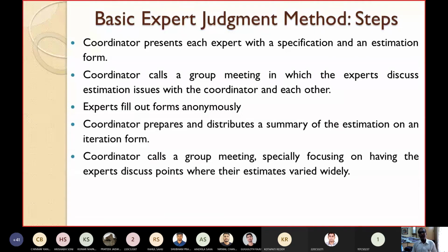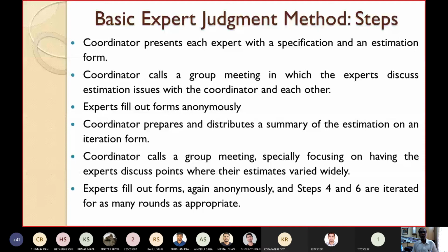This is so that they may come to a consensus point. The experts fill out the forms again anonymously, and steps 4 and 6 are iterated for as many rounds as appropriate until reaching a consensus decision.